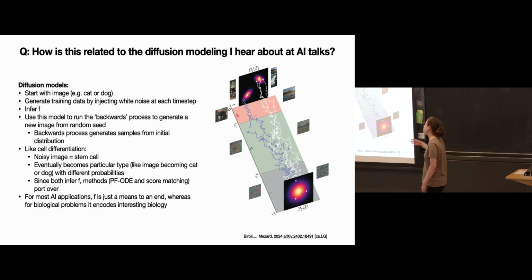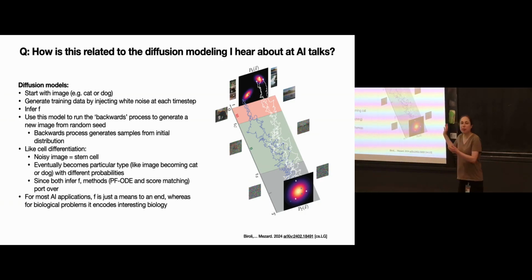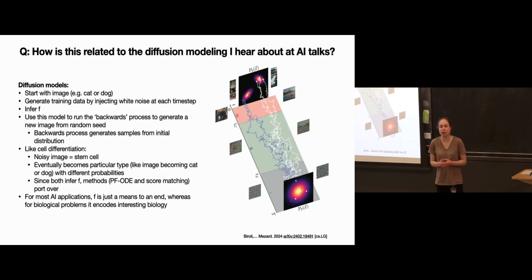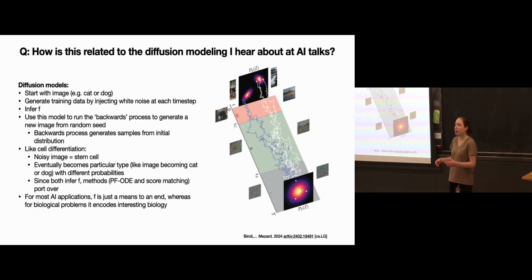So now you infer F, and then you can run the process backwards, because you can use the Kolmogorov backwards equation. So now you can take a random seed that is purely Gaussian random noise, and you run the